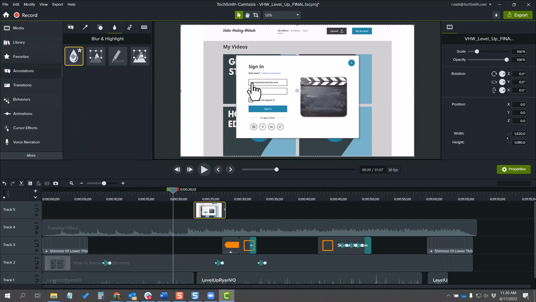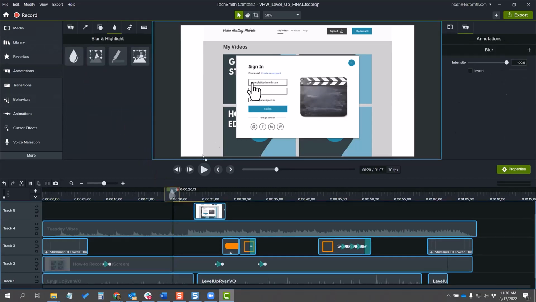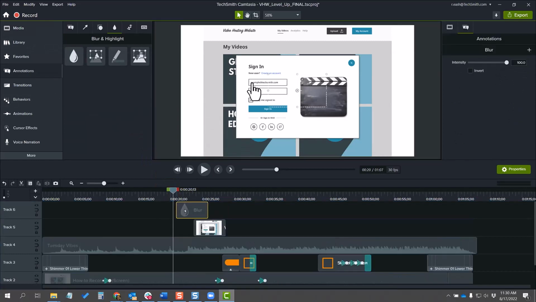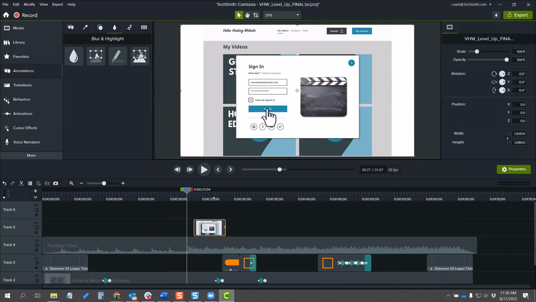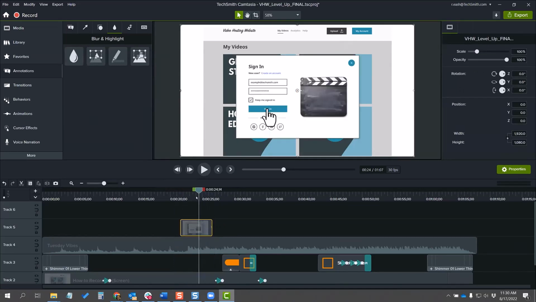So I could drag a blur callout over here, drop it on the timeline, and try to cover that up. Or I could take this still image that I've created. One thing I've done before is send this over into Snagit and modify it. I've put a box over this to hide